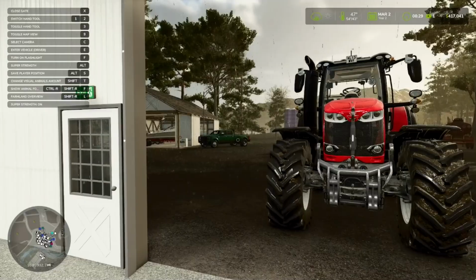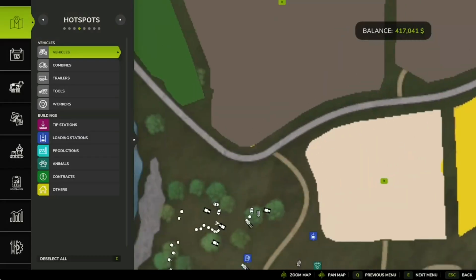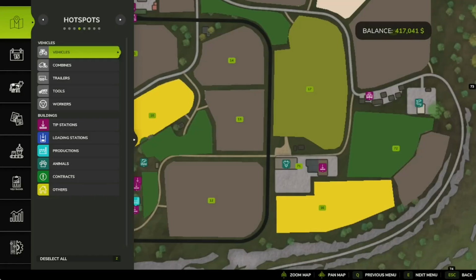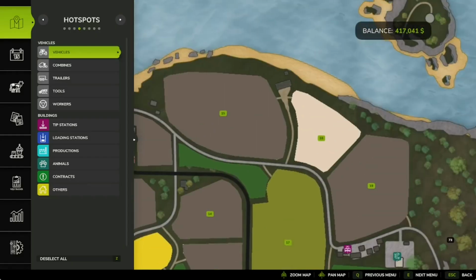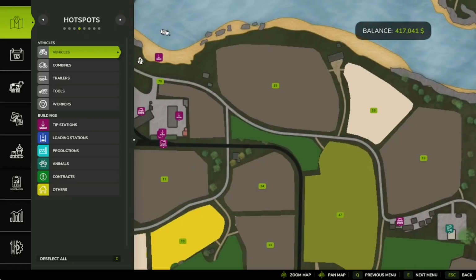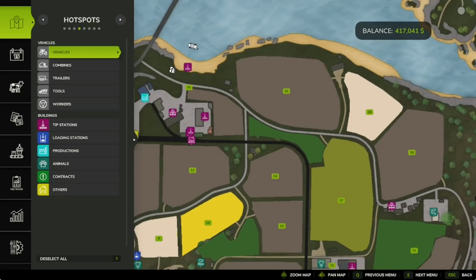So let me open up my PDA here and I'll show you what's been going on the last couple of weeks. So we got this field planted of grass. We logged off this area and this area over here by the mill. I originally bought this plot,